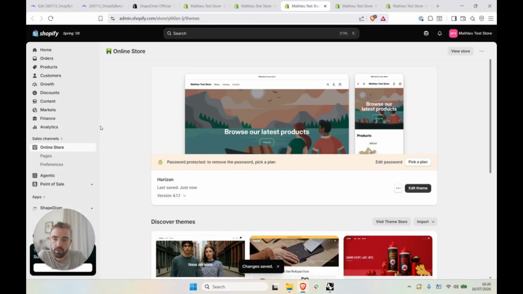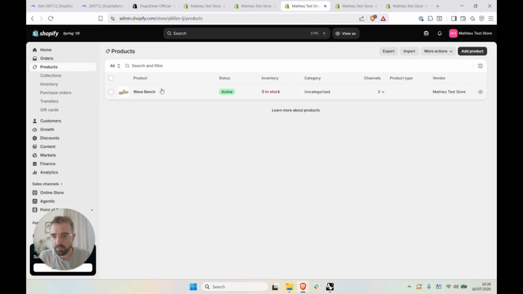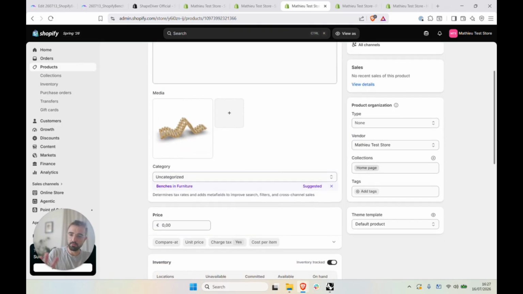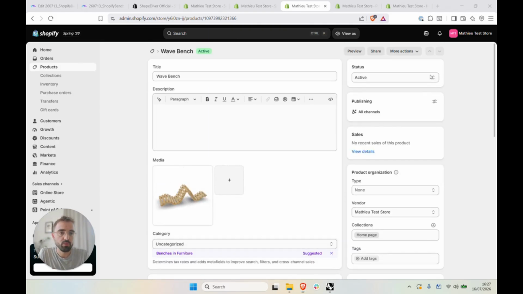So now the ShapeDiver plugin is set up in my store. I can go to my products, and all I have to do is link my products with ShapeDiver apps to create configurators, right? Here I already created this first product related to my Wavebench application, but I didn't set it up, so it's a blank product for now. What I can do is link it to one of my apps. And since I have the ShapeDiver plugin installed, I can go to more actions and click on configure the ShapeDiver